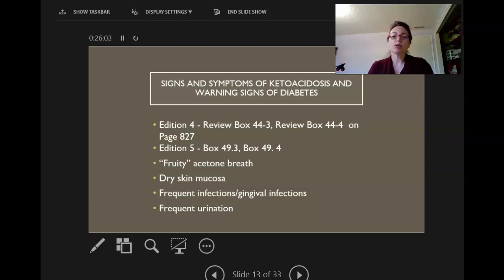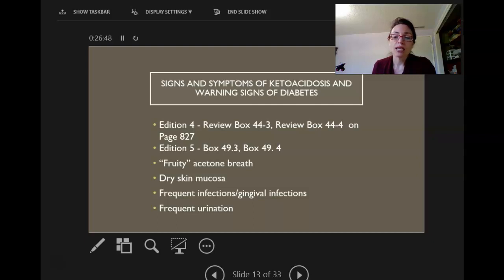In type 1 diabetes, the predominant problem is impaired insulin production. We kind of talked about this a little bit, just to review. Sometimes they're just not making any or very little insulin. In type 2 diabetes, the predominant problem is the inability to use the insulin produced by the body. So the body's making it, the cells just can't utilize it. However, a considerable overlap exists with regard to the clinical features of the two forms of diabetes. So we have the cardinal signs of diabetes, which are polydipsia, polyuria, polyphagia, and then unexplained weight loss and weakness.